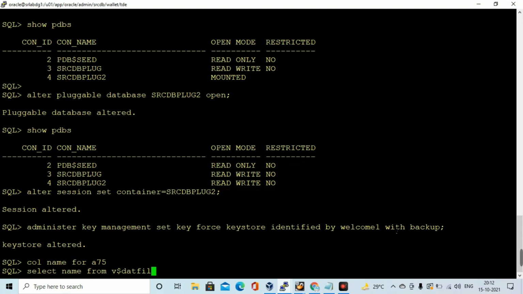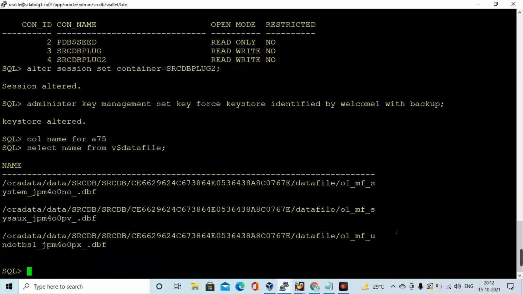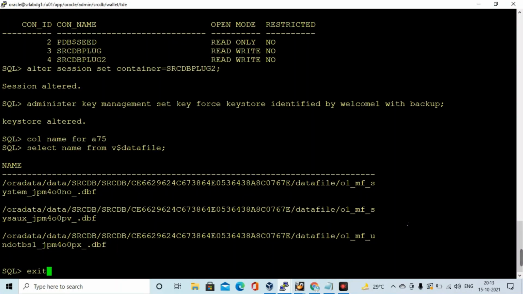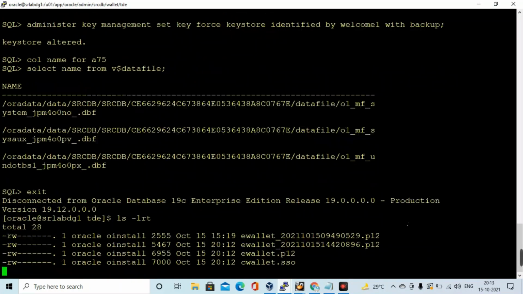As I said earlier, in this source database I have already configured TDE. Three tablespace data files have been created: system, sysaux, and undo. Let's come into that TDE location.